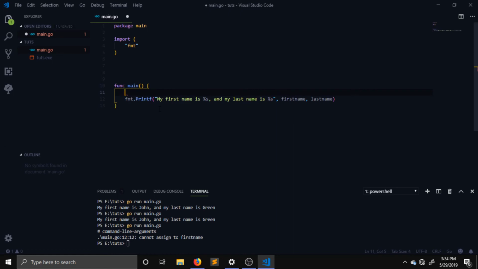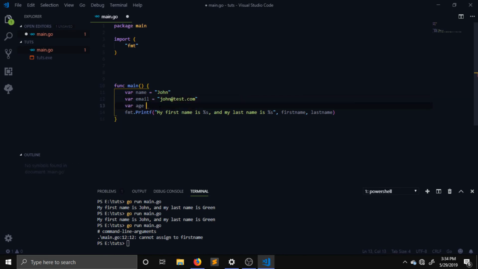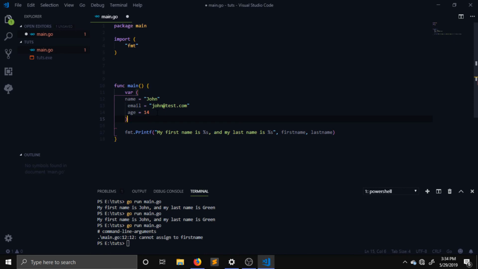So that's constant. Now one really cool thing about Go is, let's say if you want to define multiple variables, so let's say var name equals to John, var email equals to john@test.com, var age is equal to 14. So you have a lot of repetition of the keyword var. So like we did it in import statement, what we can do is we can just get rid of all of these vars. We can just use bracket, right? And we can do this, right? Let's format. It's not formatting for some reason. So in this way, if you want to define multiple variables, you can use this trick to get rid of repetition of var keyword, right? It's throwing me an error because I haven't defined this variable. So anyway,